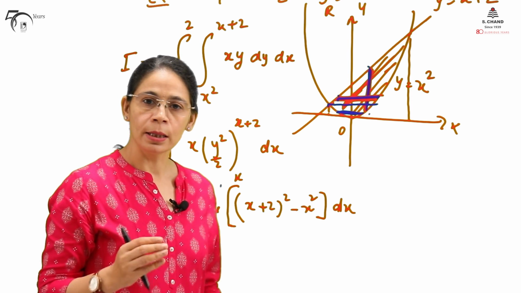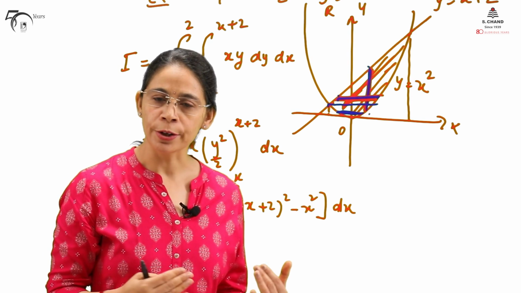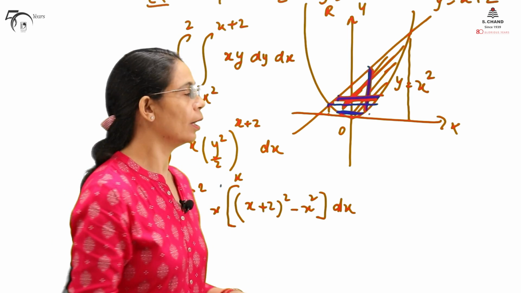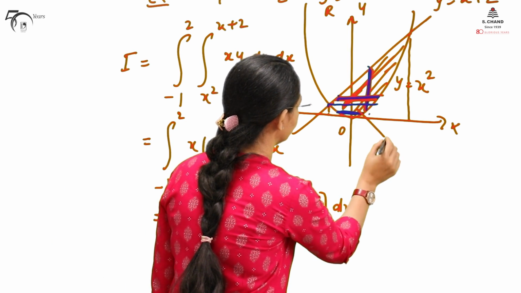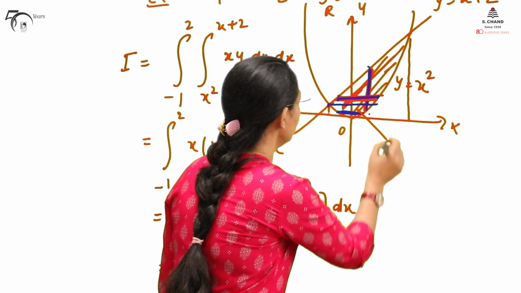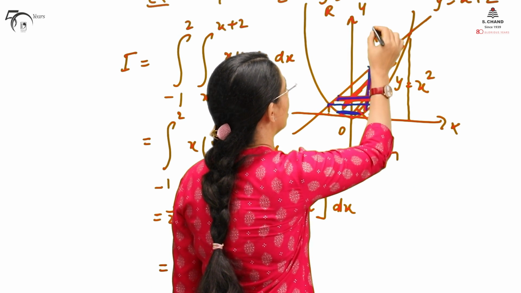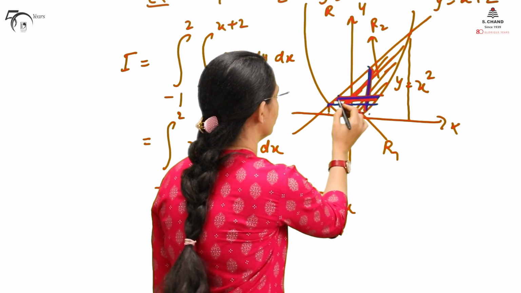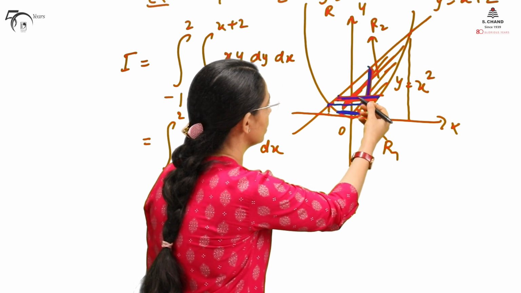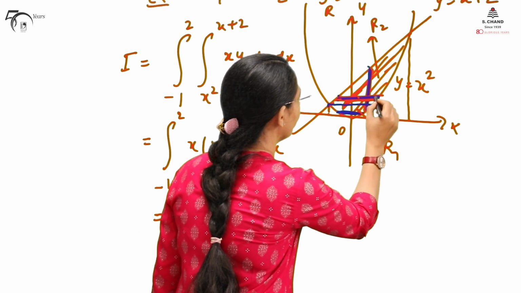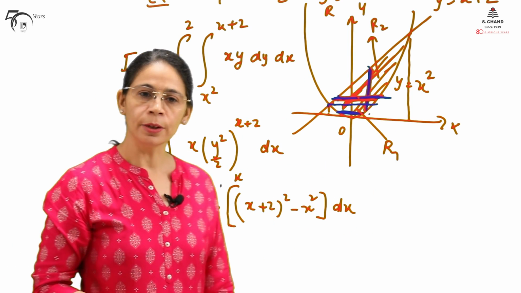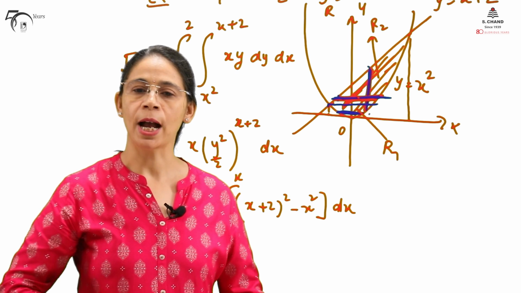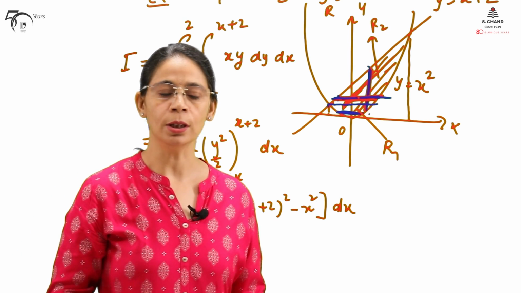So it is a clear indication that this whole region of integration needs to be divided into two parts. So let us say that this part is R1 and this portion is R2. Above this blue line it is R2, below this blue line it is R1. And here we are going to use the property which has been told in the first lecture,